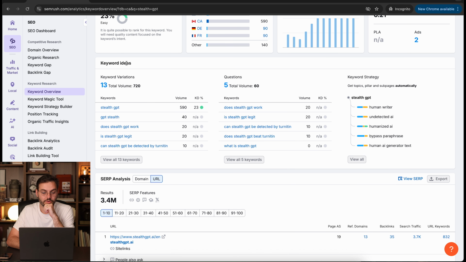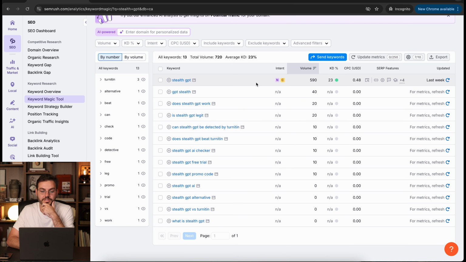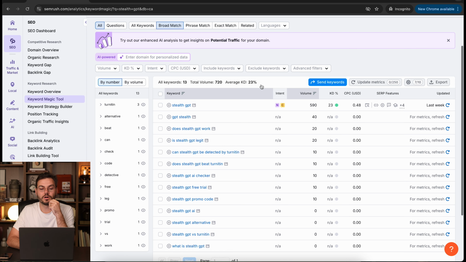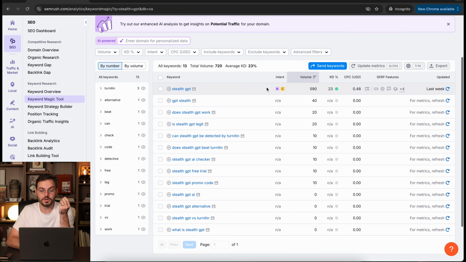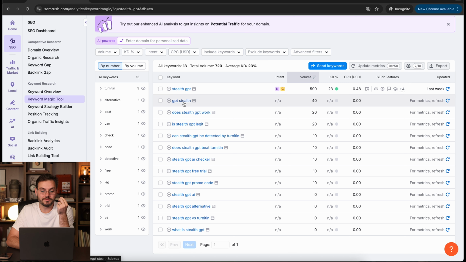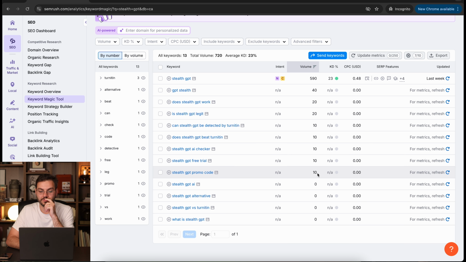So we're going to go down here to keyword ideas, and we're going to view all 13 keywords. This is going to give us variations or related keywords to the one that we originally clicked. So Stealth GPT was that original keyword. Then we have GPT Stealth. Does Stealth GPT work? Is Stealth GPT legit? Can Stealth GPT be detected by Turnitin? Oh, I guess that's like a homework site. So we have all of these keywords here, and then if we look here, we can see that they all